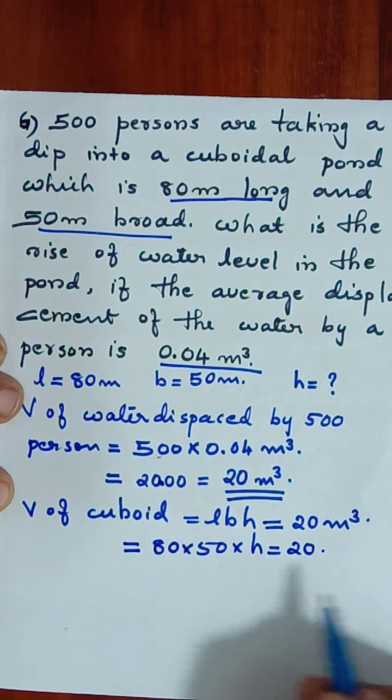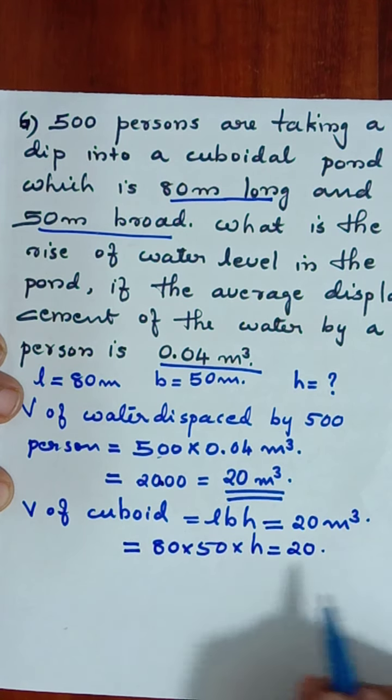So, what do we get when we simplify? Zeros can be cancelled. This is 4 times, so this is 1 by 5 fours are 20. 1 by 200 meter comes as the h. So, how do we convert that? Is that equal to 1 by 200 meter? A meter means 100 centimeter. So, dividing by 100, 1 by 2 centimeter, that's equal to half or 0.5 centimeter.